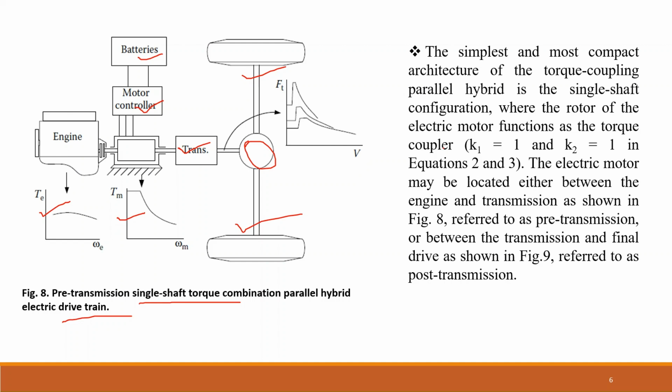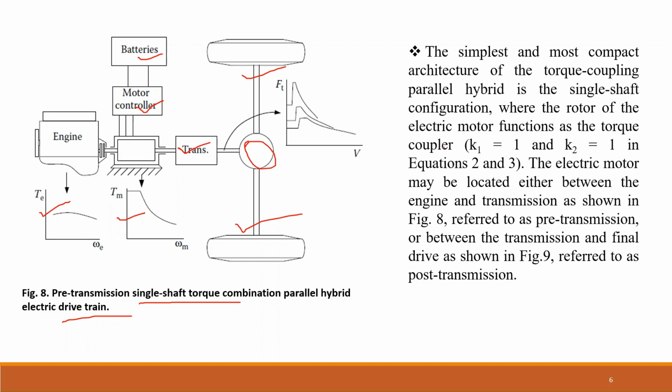So this configuration, as we can see, is one of the simplest and most compact architectures of the torque coupling parallel hybrid drivetrain. This is a single shaft configuration where the rotor of the electric motor functions as the torque coupler, so we do not need another separate torque coupling device. And in this case, we choose K1 equal to 1 and K2 also equal to 1. And the electric motor can be located either between the engine and the transmission,